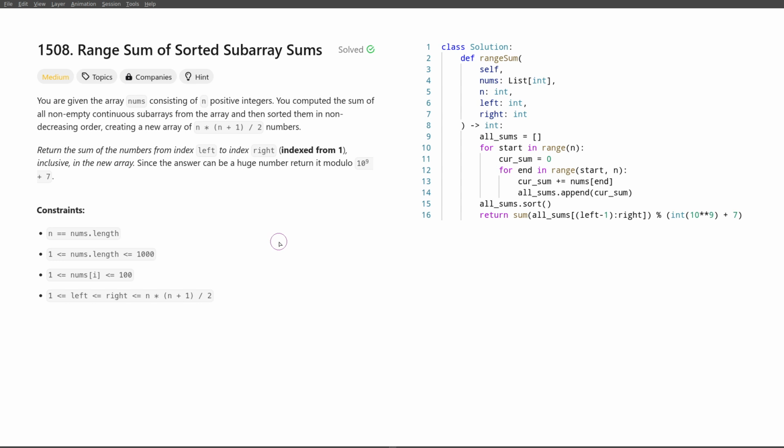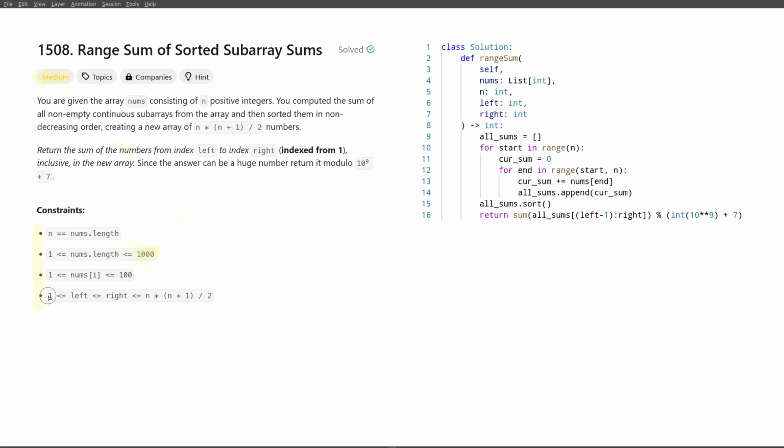Now, in this problem, it's classified as a medium, and the number of our numbers is up to 1000, so it allows us to get an n-squared solution, or even something slightly slower than n squared. This problem can be solved faster, but we'll stick at first to the n-squared solution, because it is allowed by